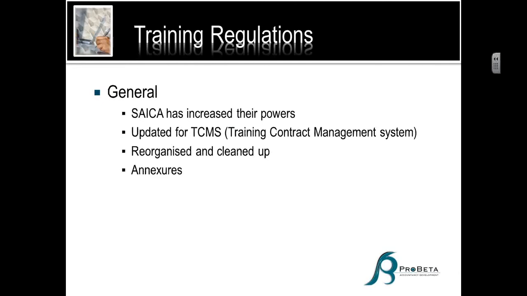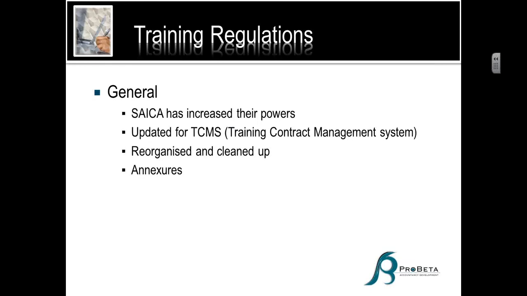In general, over the whole Training Regulations 2012, SAICA has basically just increased their powers. They've given themselves a little bit more clout in writing. They've updated everything for the training contract management system, which is their electronic training contract registration system, not to be confused with our ProBeta assessment tool. They've basically reorganized the regulations and did a whole lot of cleanup, and they've given us some really nice annexures